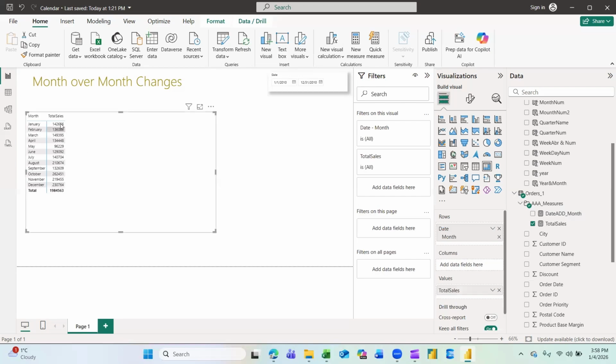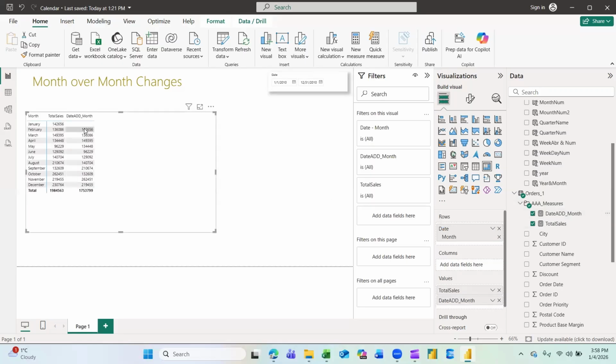And now we will add the second measure, which is here. As you can see now, the whole data from the first column is shifted down with one row, meaning that we did this because we want to check the difference between February and January. Then we want between March and February. We want to subtract from March the February sales, and to do that, we just needed to have it one beside the other column so that we can do the subtraction very easily.